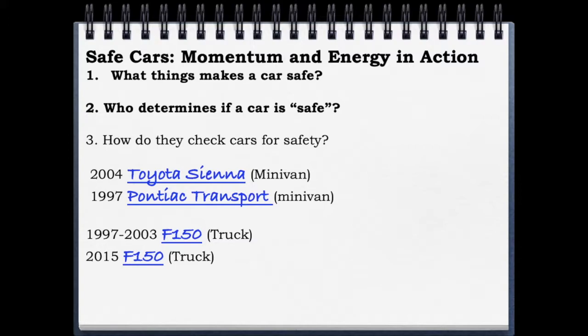What things make a car safe? Basically, if you do a little research here, there's 4 fundamental things. Number one, since the 1960s, passengers are required by law to wear a seatbelt, because of Newton's first law: you're an object in motion, you want to stay in motion. So the biggest thing, you've got to wear that seatbelt to stay in your car so all the safety features can work.